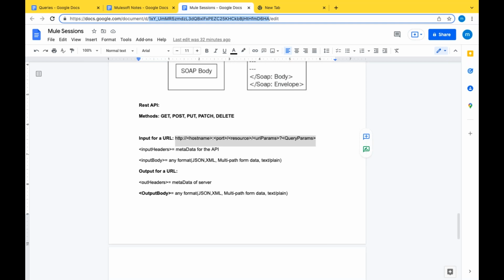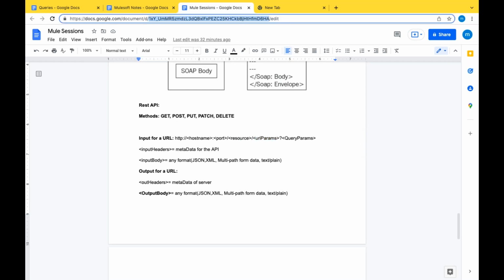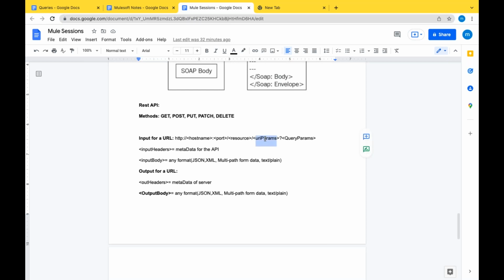So unique ID is a URI parameter that we pass in the resource. After the unique ID and URI parameters, again there is a static resource name. Let me discuss URI parameters first and come back to this resource.